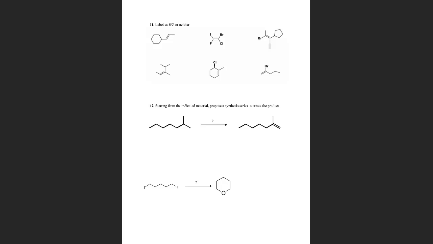All right, so I'm going to do the top row, leave the bottom row for y'all. So we draw a line through our double bond, and then we look at our substituents. In this case, we have hydrogens, and so we've got 1 and 1 as our carbons. And since they are on